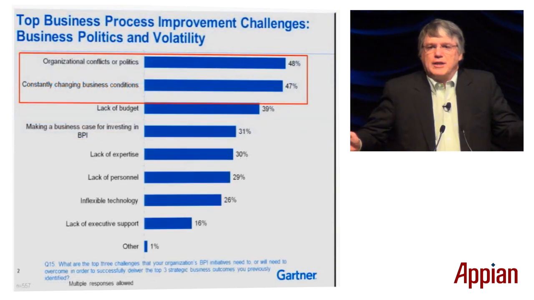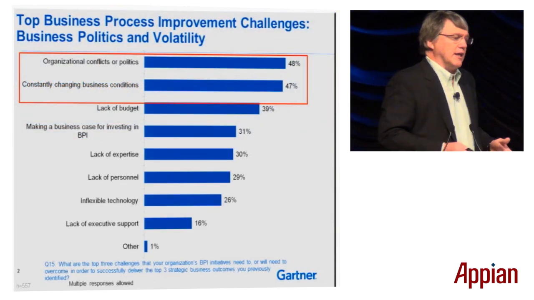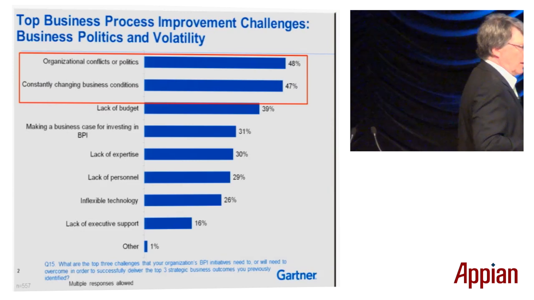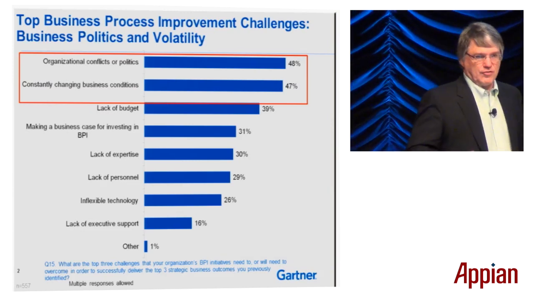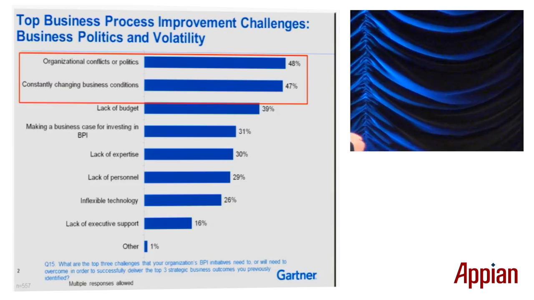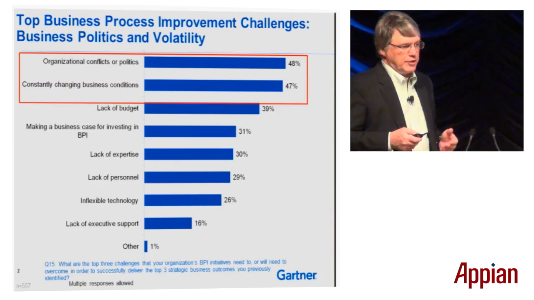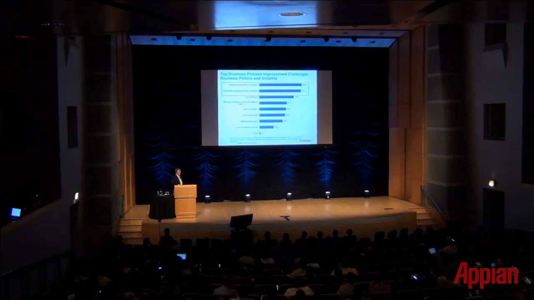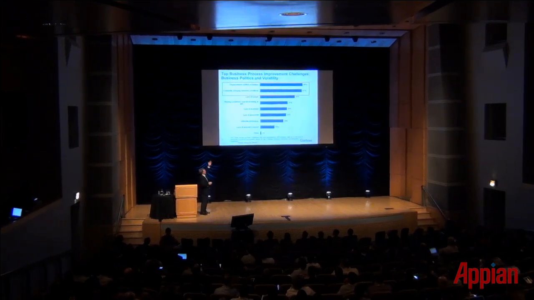There we go. So why do we need it? Well, clearly, we do have some challenges when it comes to improving processes, improving work, being more productive. This is some Gartner research from some of our surveys that we do. Sorry, it's a bit of an eye chart for those of you in the back. But the basic message is there when we surveyed our clients about what some of the top challenges making it more difficult to successfully enable process improvements, the two by far there at the top are